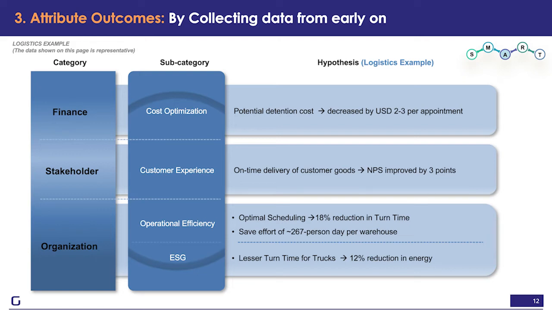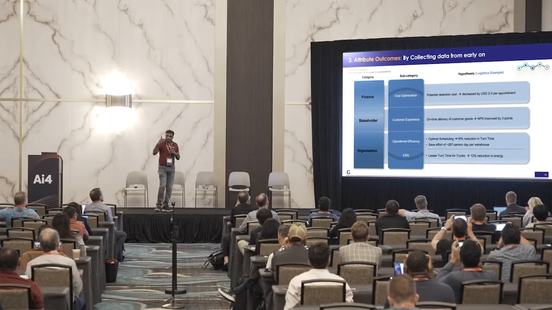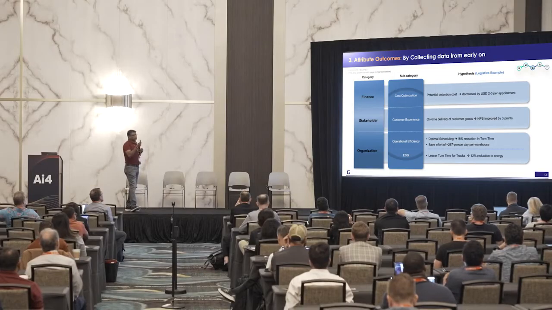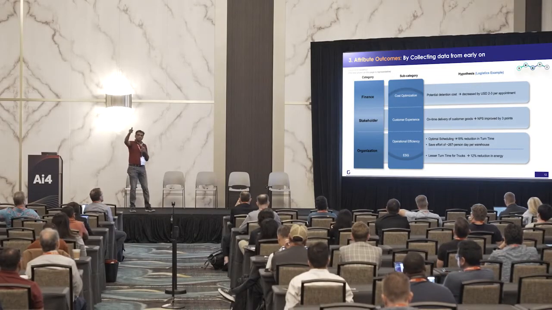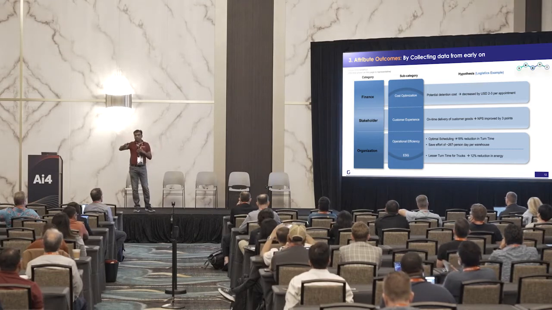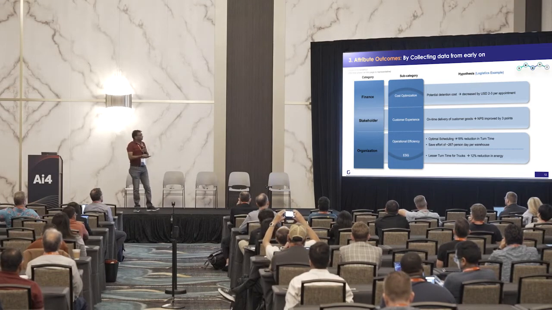Likewise, what is the operational efficiency? My turn time has reduced by 18%. Great. And I have an effort saving of X per Y warehouse. Right? So now I can multiply it across. What would that be? So this is where I'm attributing my measures to an outcome. A connection has happened. Strategic relevance, you are measured, and there's an outcome tag to it.